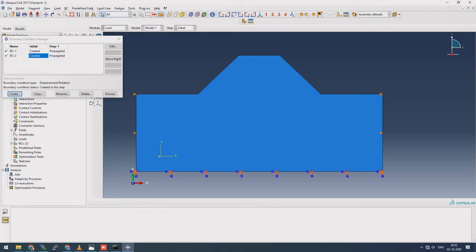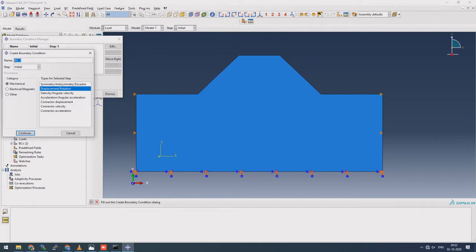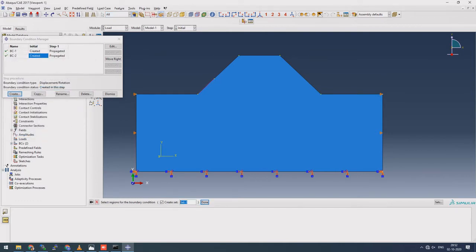So as you can see, these are applied. Now I'll apply some pore water pressure condition here, and I click on continue. I'm just going to click on this thing, both of them. Oh, sorry, this and this.